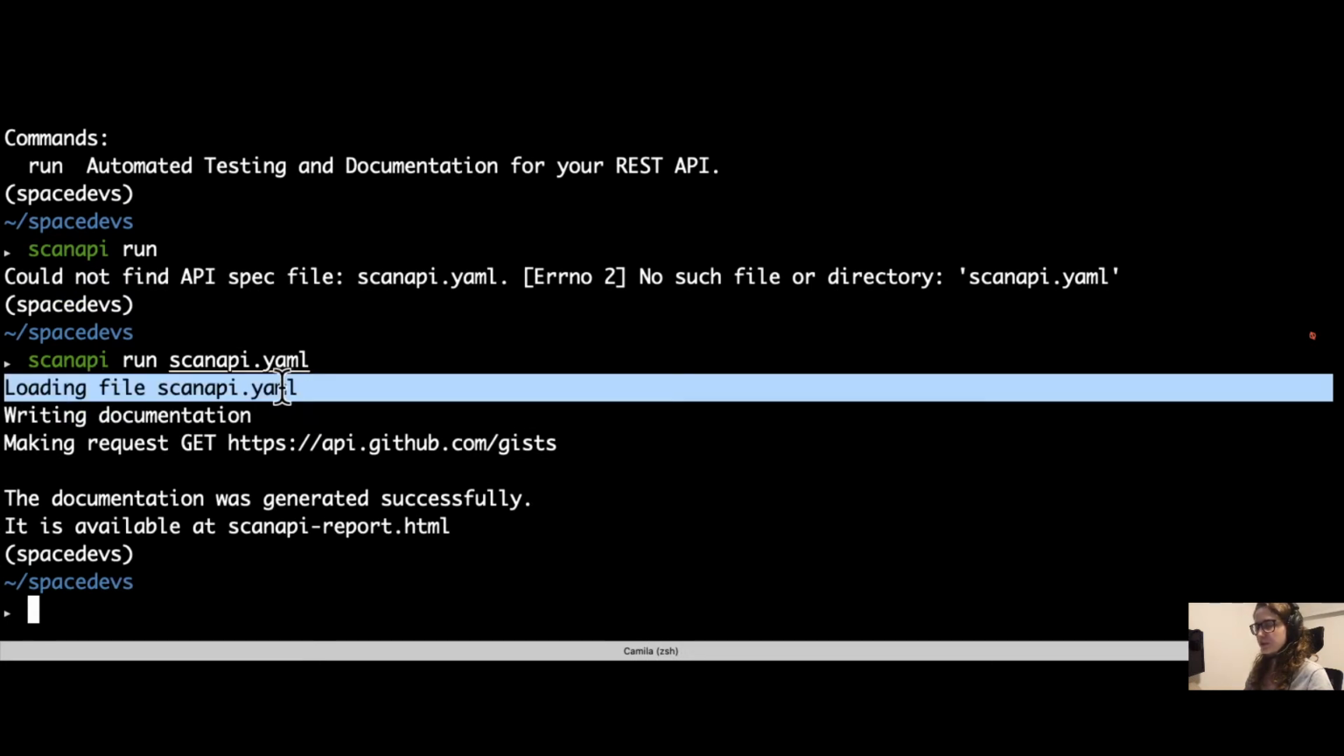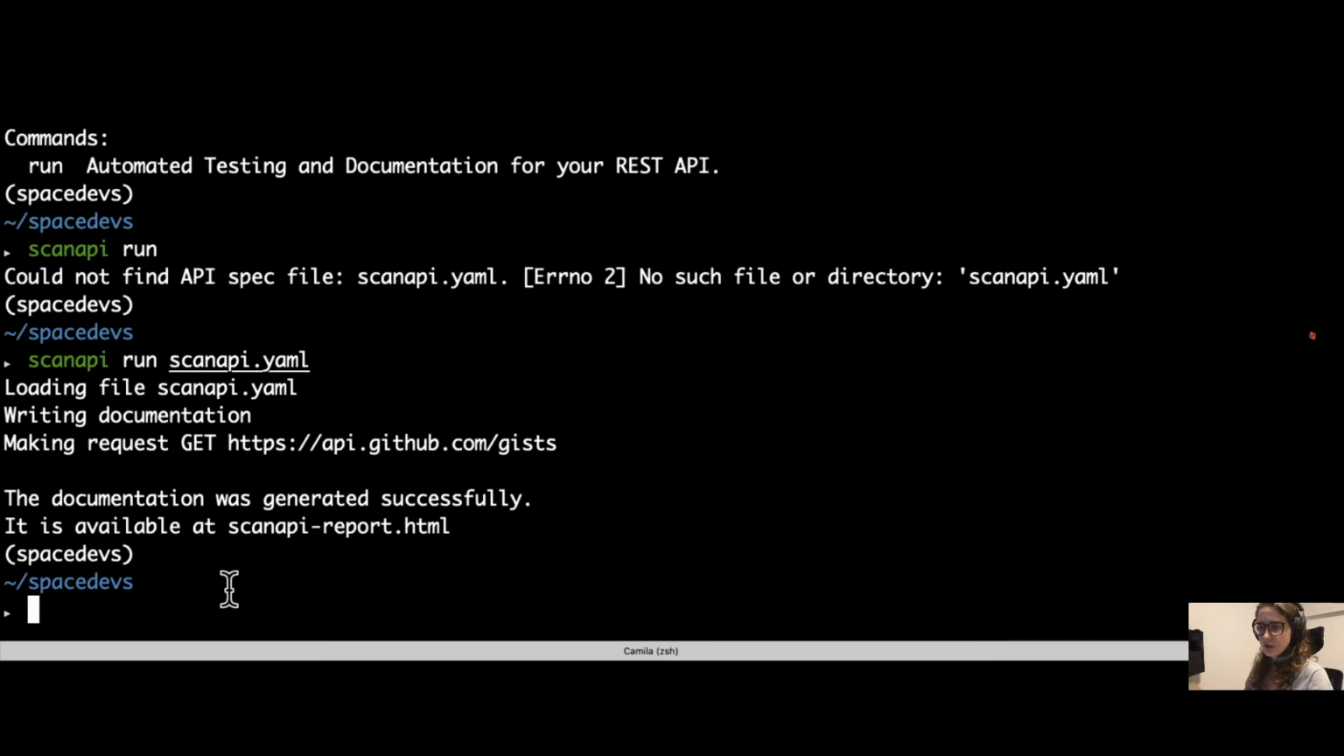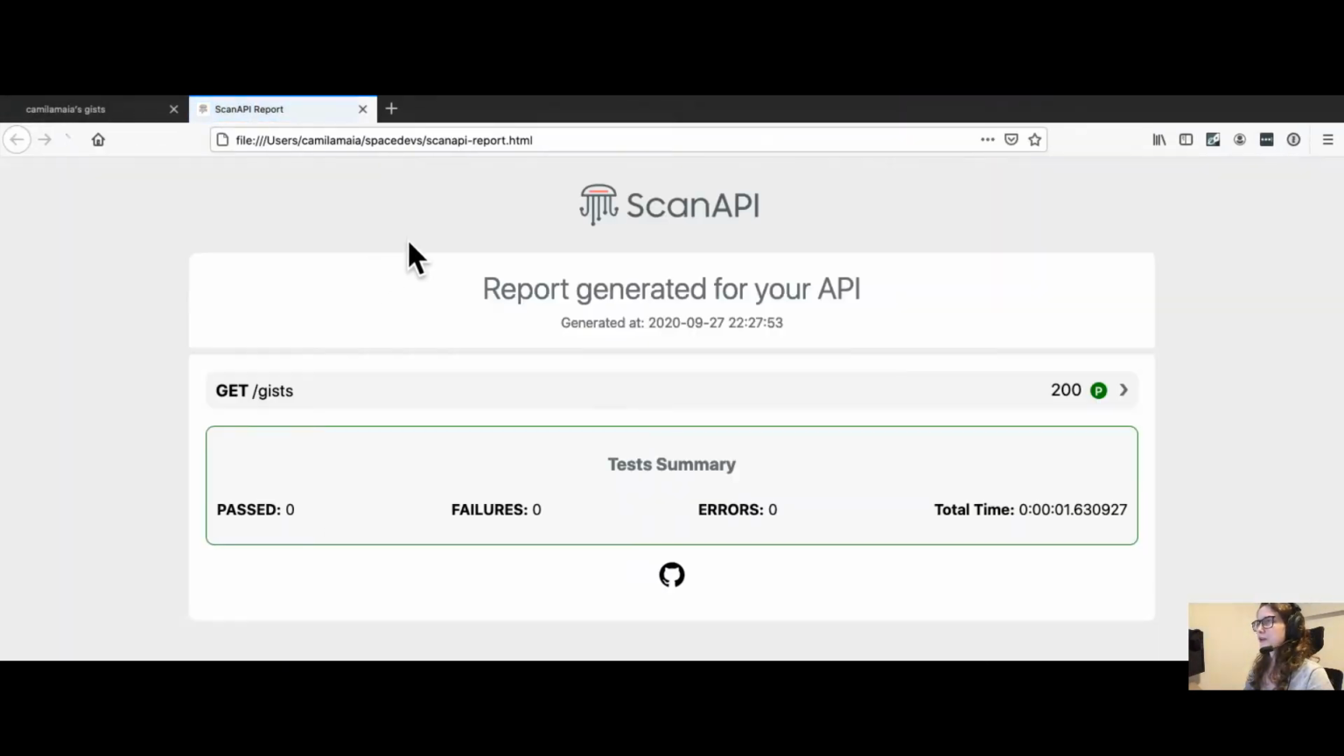So with our specification, it is writing documentation, because ScanAPI, besides testing if the response time will be under the threshold, also generates a report for you in an HTML file, so this way you can verify it. So yes, this report was created. Let's see. We click here, it says okay, ScanAPI report generated. It says that the response status code was 200. We didn't implement any tests, so for now we have 0 for everything here, and we have only one endpoint,